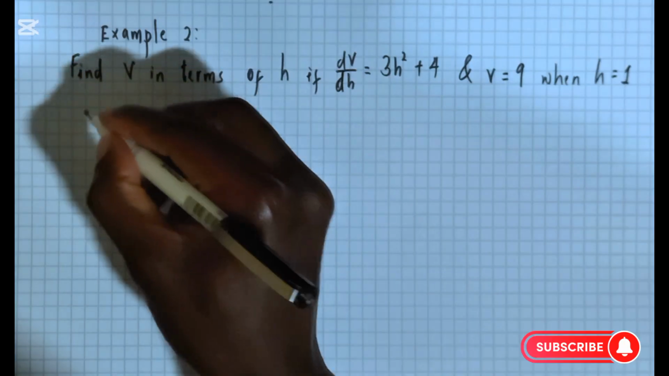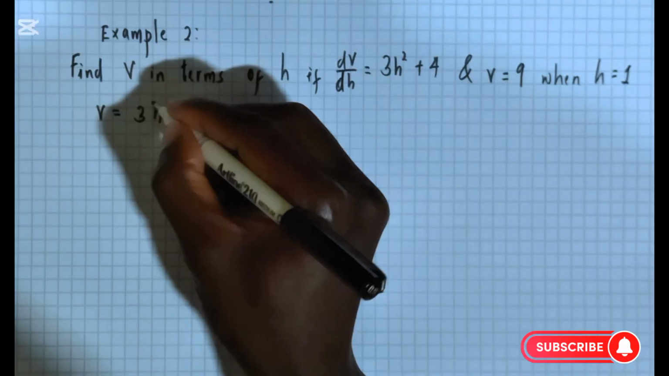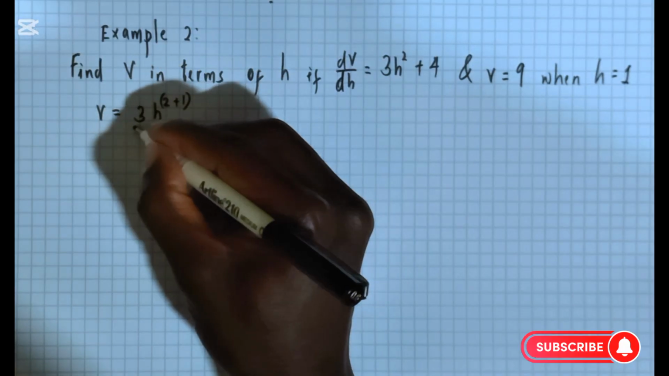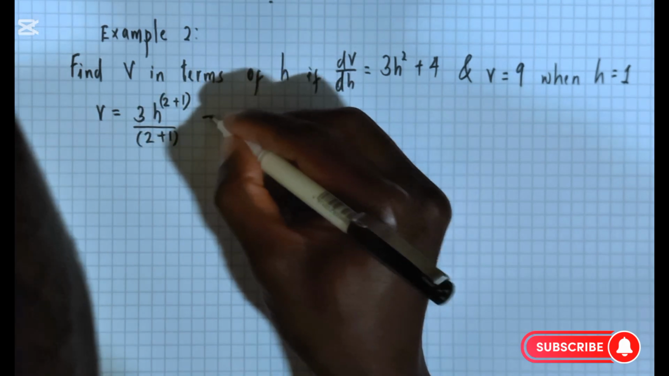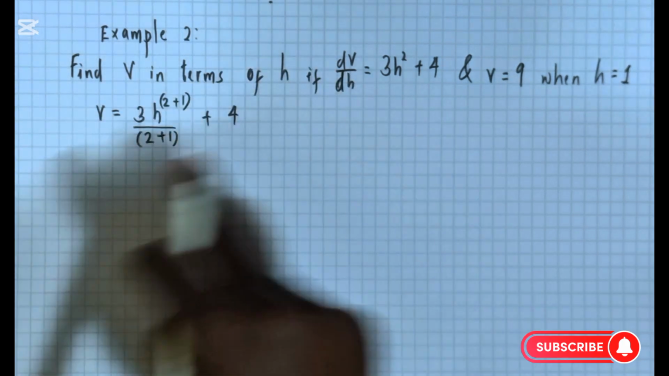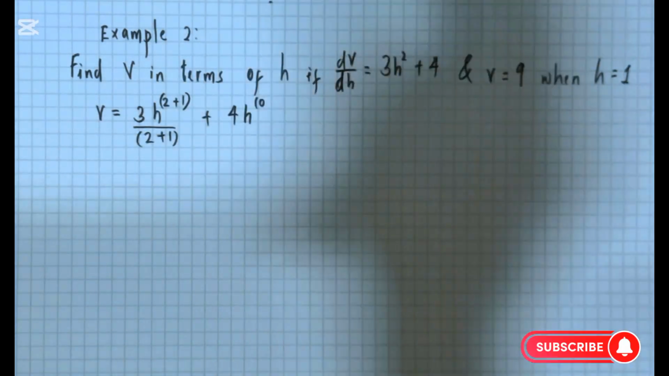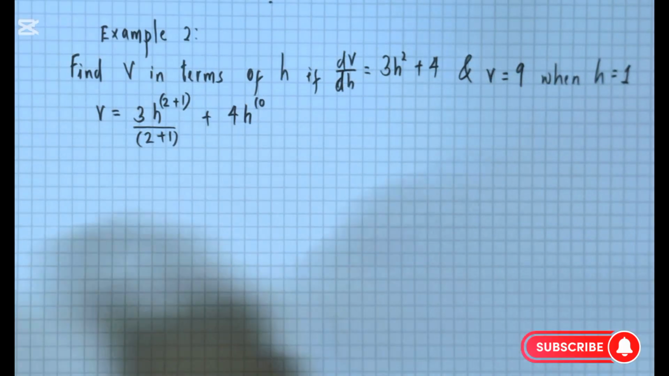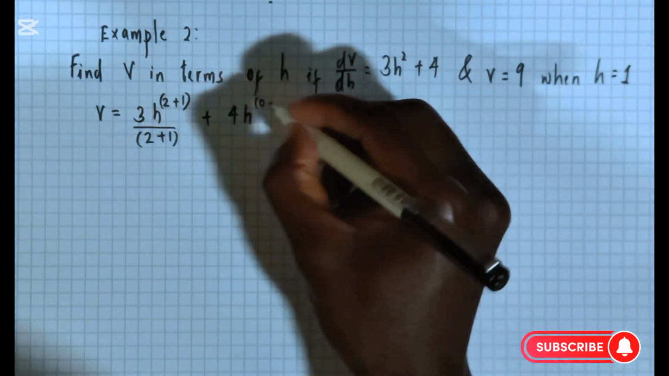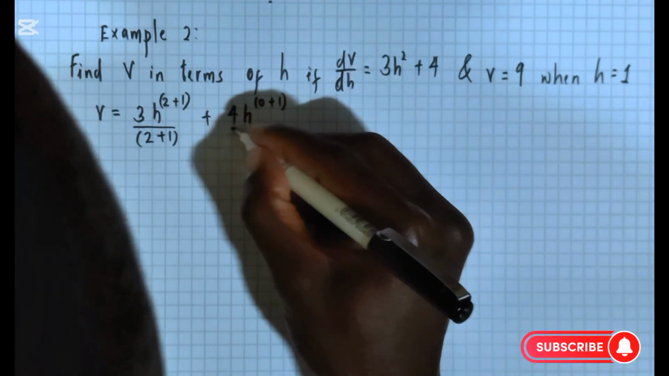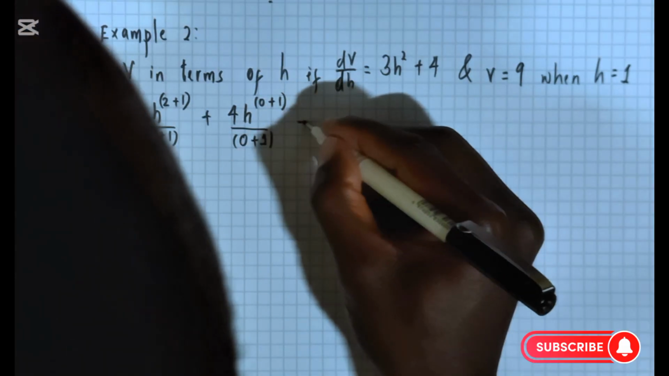And therefore, notice v will be given by 3h raised to 2 plus 1, divided by 2 plus 1, plus 4. So in this particular case, our h is actually raised to 0. Remember, any number raised to 0 is always going to be equal to 1, and so we don't write a variable that is actually raised to 0. We just ignore it. And so h is raised to 1, and so we're going to add 1 to it to find its integral, and so that's going to be 0 plus 1 dividing the whole term afterwards,